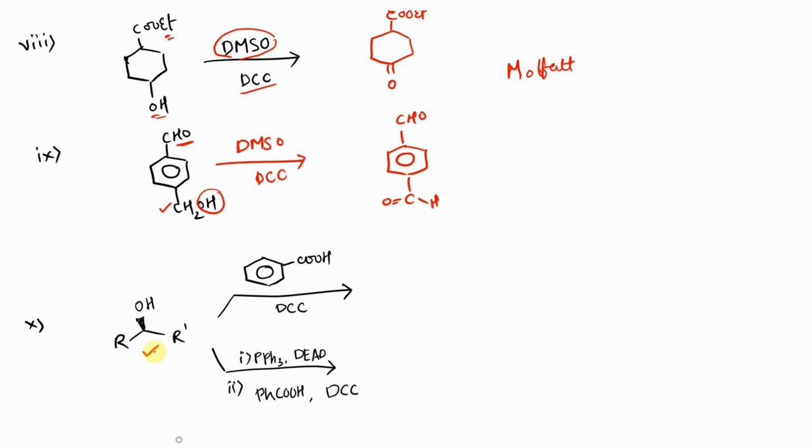Next, what if you treat a compound such as R OH R prime? If you treat this type of compound, we have two sets of reactions possible. Here we are treating an alcohol with an acid, that is benzoic acid. When you treat benzoic acid with alcohol, since they have given us the stereochemistry, we can clearly expect products with different stereochemistry. It may retain its stereochemistry or it may invert its stereochemistry.